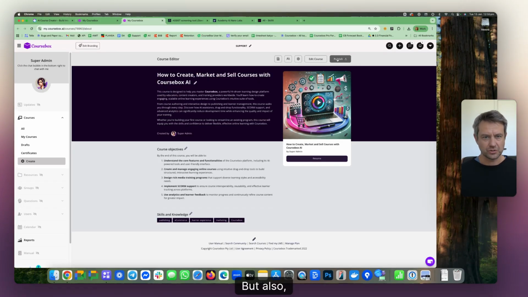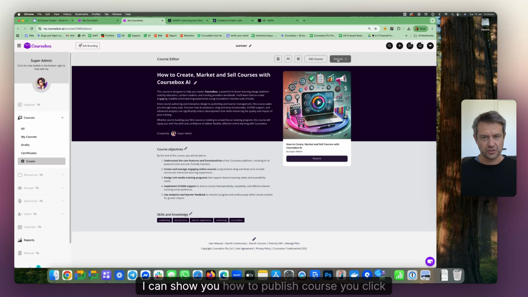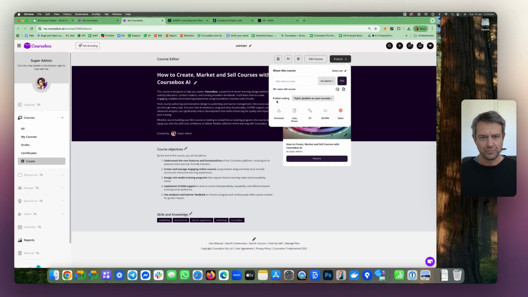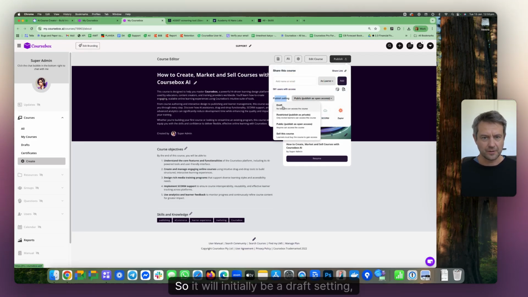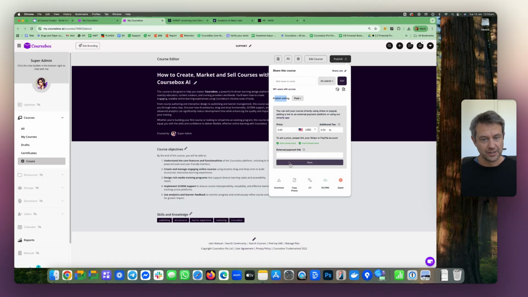But also, since I'm the owner of this course, I can show you how to publish a course. You click Publish, select the Publish setting. So it will initially be a draft setting, but you might want to make that restricted mode. That might be for enrolling staff. For example, public, so make that so that anybody can self-register, or you can click Sell this course, in which